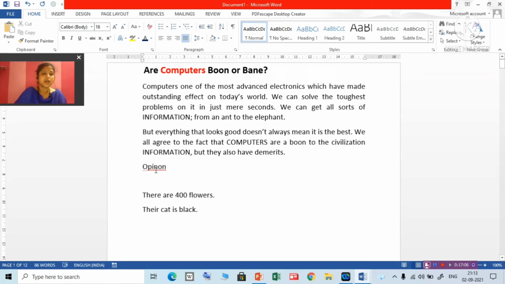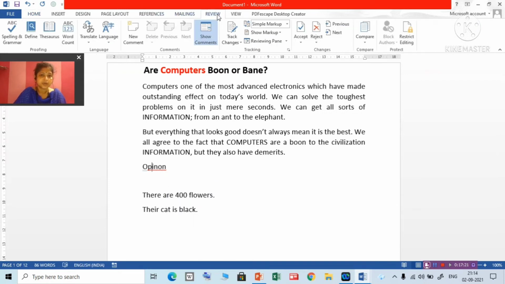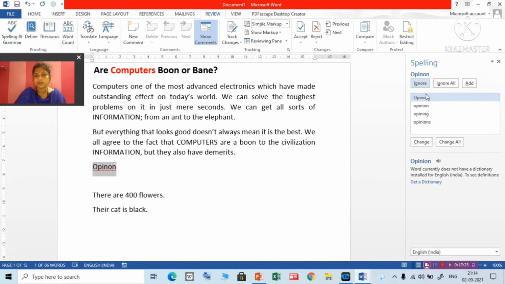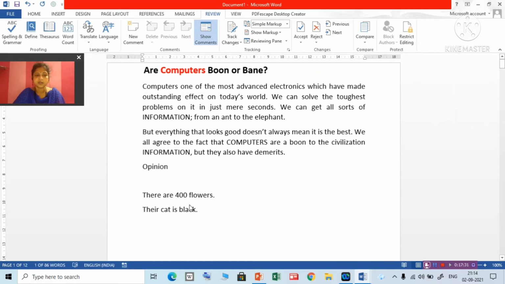This red wavy line is for your spelling error. This spelling error you can rectify in two ways. Right click, a context menu will appear, suggested spellings will be there, you can select. Otherwise, you can go to the Review tab, go to Spelling and Grammar. Here also in the box it will show you suggested spellings. Whichever you want, select it and click on Change. It will be changed.